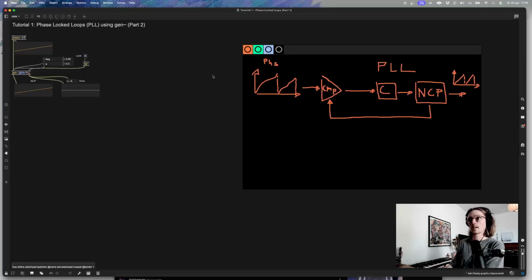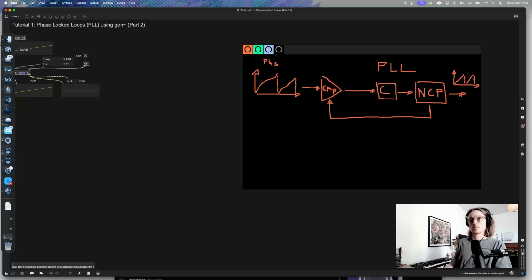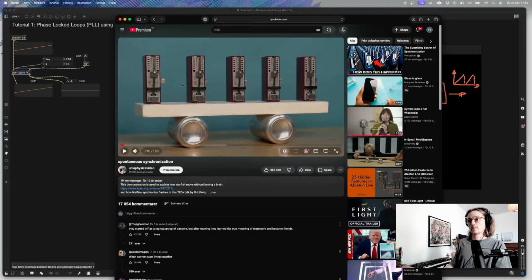And for this second part, I thought we could build something a little bit more complex based on this first implementation. And the idea I had was basically based on this idea of spontaneous synchronization that you may have seen,